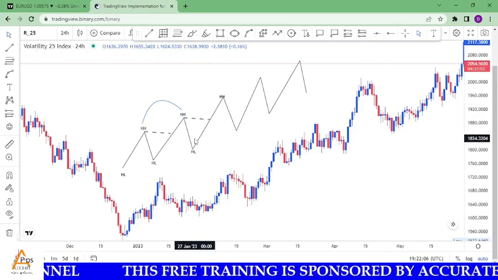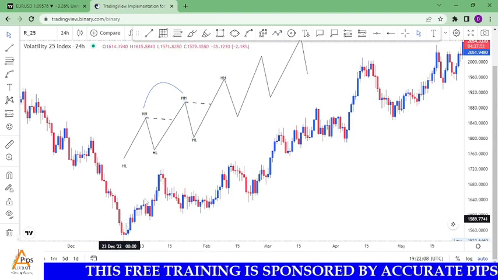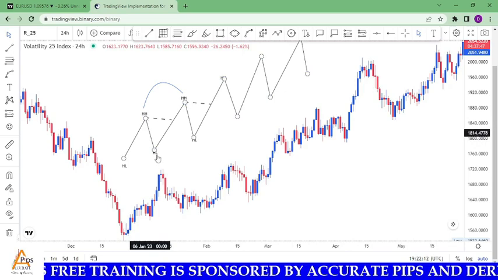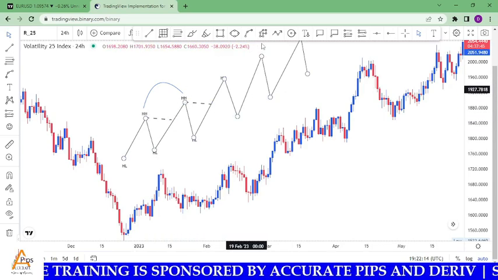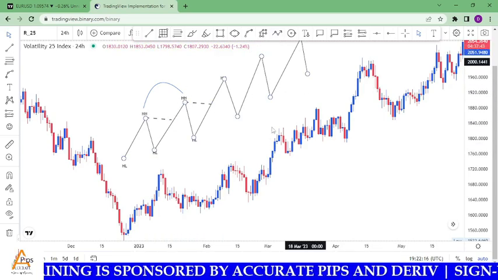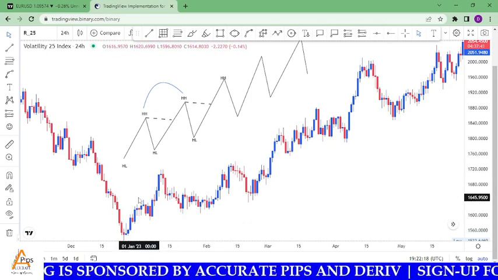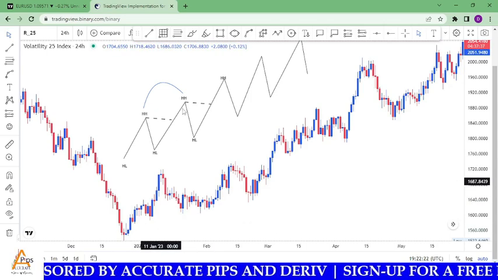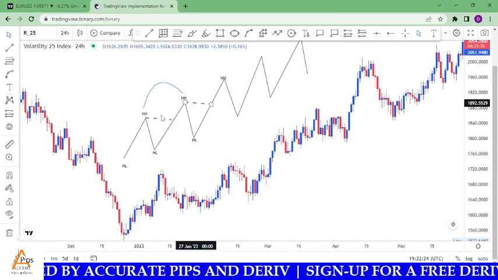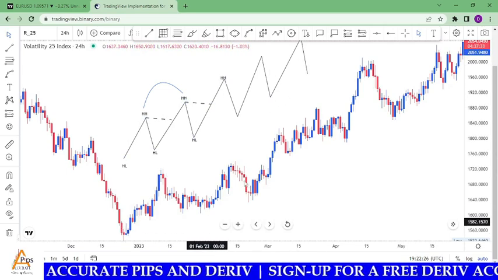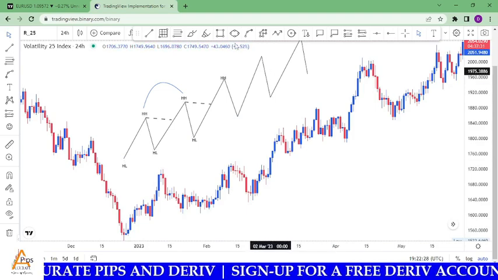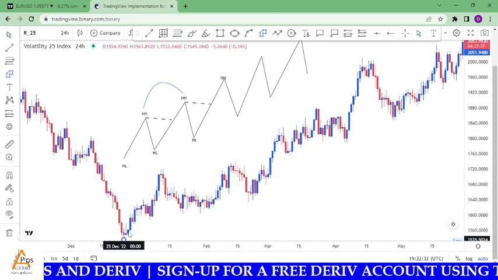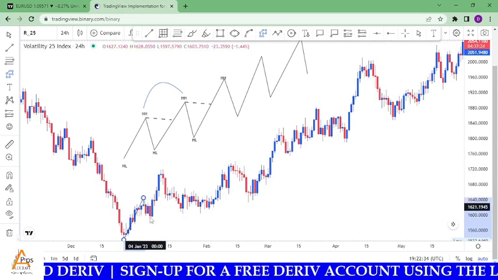But then when you look at the main chart here, you realize that the way I drew these lines, very straight up and down, is not how the market is moving. The market moves in a different pattern. This is what I refer to as the textbook movement, and this is what I refer to as the more realistic movement in the market. So you realize the market moving in this manner,